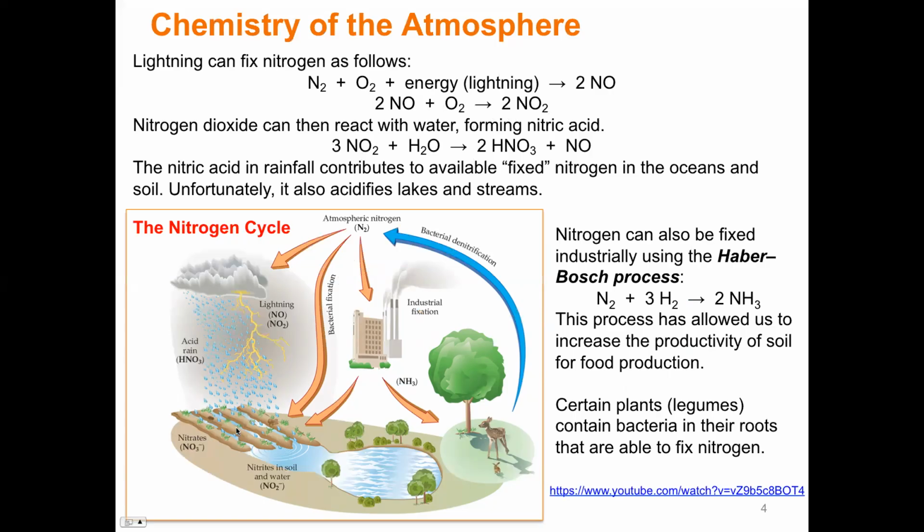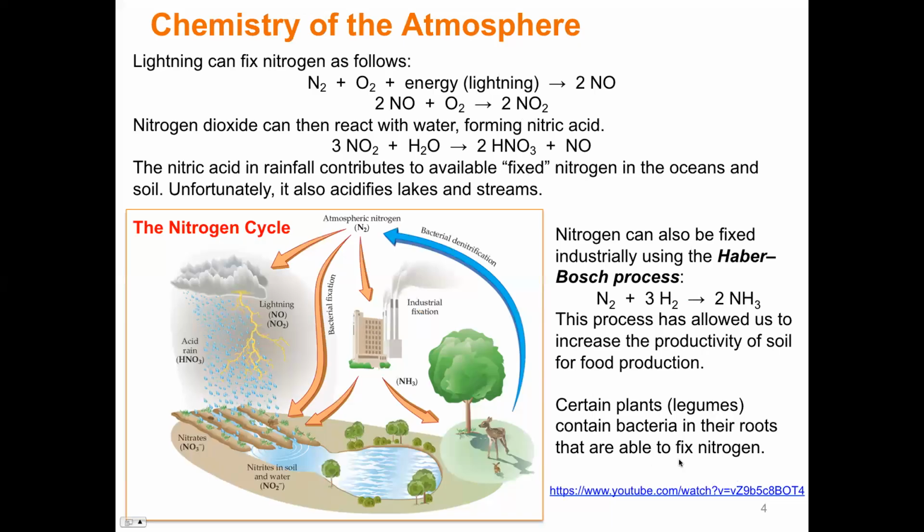All right, so what ends up happening is that plants will start using those nitrates and nitrites. This is what they form here. So this would be your nitrite, I should say, and your nitrate is the NO3, and they're going to be incorporated into plants. And then, of course, we eat the plants, and therefore we are able to then use it.